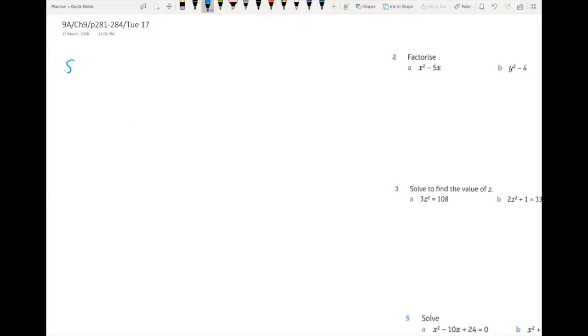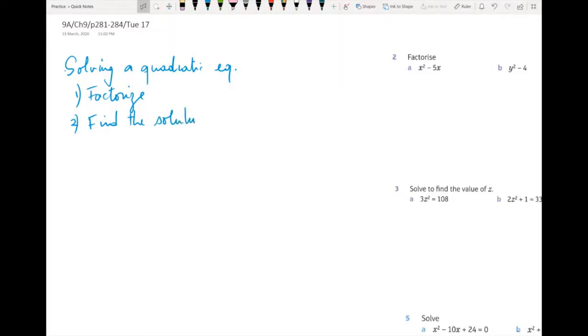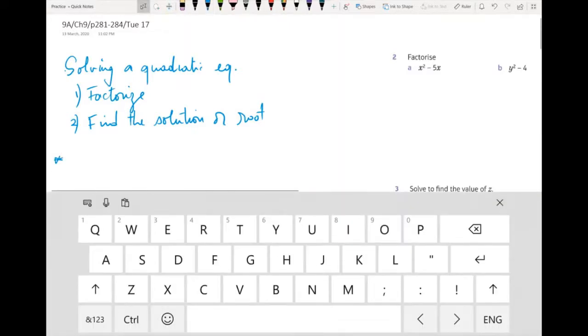So, solving a quadratic equation: step 1 needs factorization, or you need to factorize, and step 2 you need to replace or find the solution or root. So first let us recall the identities that we already know, and they are